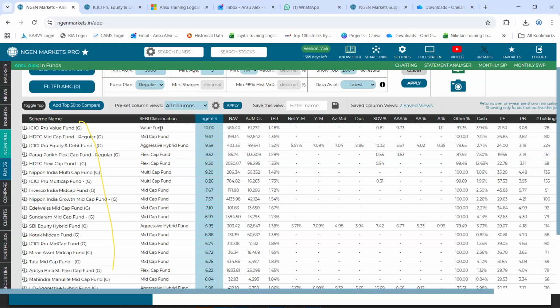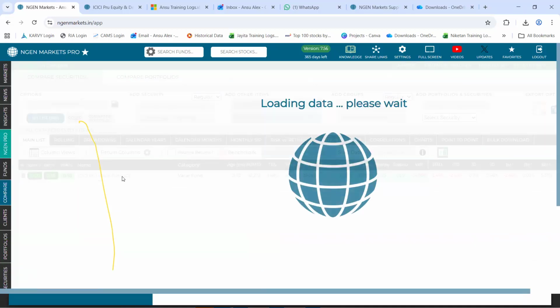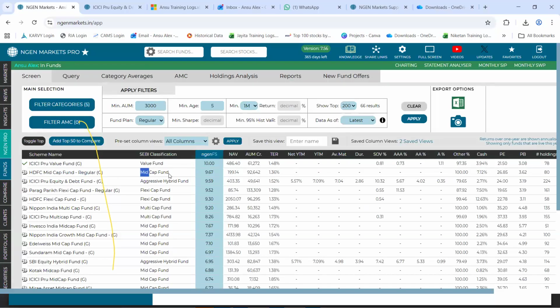So first category that we could see is value fund. So right here, iPro Value Fund is the best performing fund basis the latest fund score. All I would be doing is clicking onto this compare icon mentioned left to the name of the fund, and my list will go to this compare section. In similar way, now we will look upon our second category, which is mid cap fund. Within this, we'll select HDFC Mid Cap as the best performing fund. Following that, in aggressive hybrid, the best fund happens to be iPro Equity and Debt.